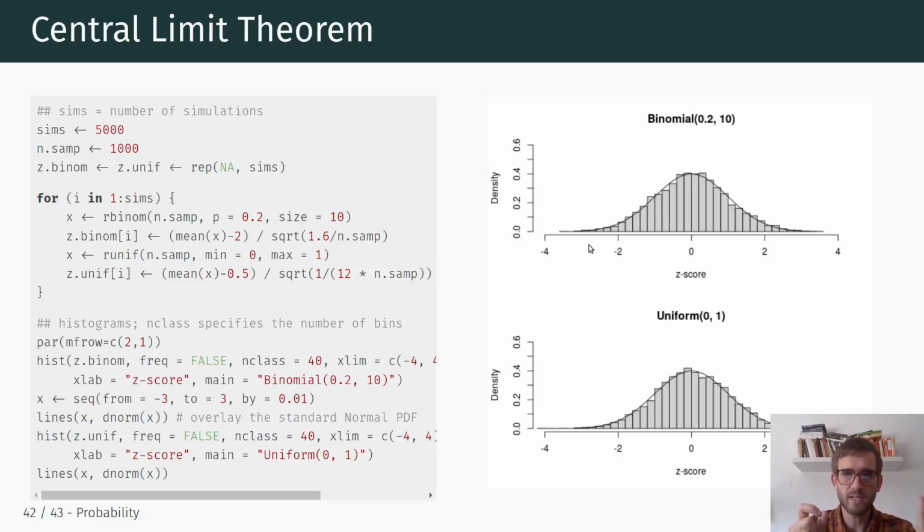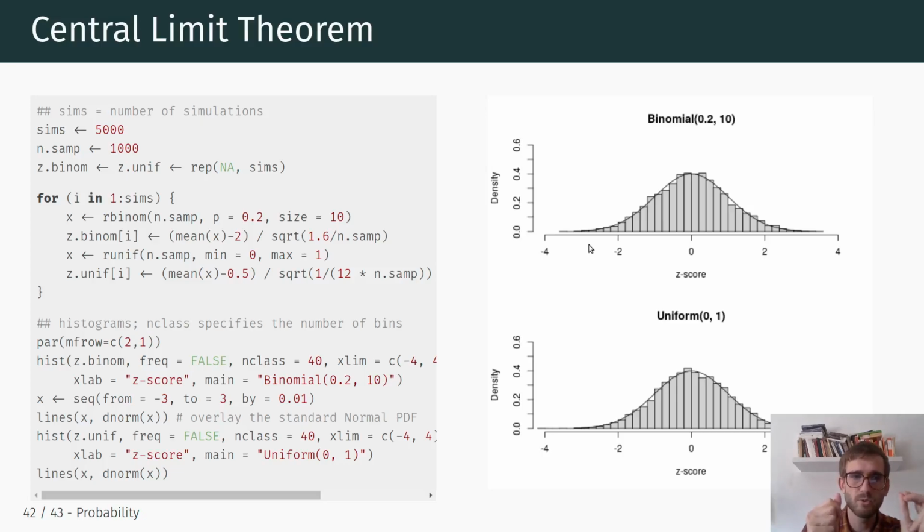You have on the one hand the random variable itself, which follows a given distribution like binomial or uniform, and then you have the sampling distribution of the average. That's the distribution not of the random variable itself, but of the sample average if you repeated the sampling procedure again and again and again, right? So here we have 5,000 repeated procedures, and in each of those 5,000 iterations we take a sample of 1,000 draws from the binomial or the uniform, and for each of those samples of 1,000 we compute the mean, and then we look at the distribution of the sample means, right?